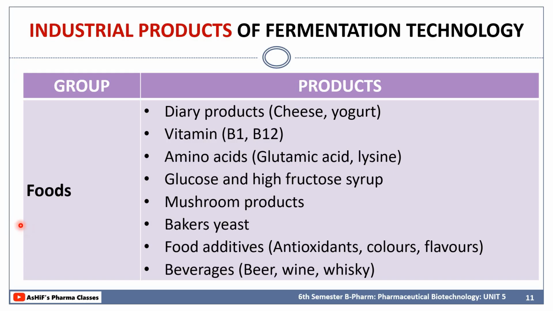First, we can use fermentation technology for the production of foods like dairy products such as cheese, yogurts, vitamins like B1, B12, etc. Then for the production of amino acids like glutamic acid, lysine, then production of glucose and high fructose syrup, then production of mushroom products, then bakery yeast, then food additives like antioxidants, colors and flavors, then beverages like beer, wine, whiskey, etc. So these are some of the examples of products which can be used for the production of